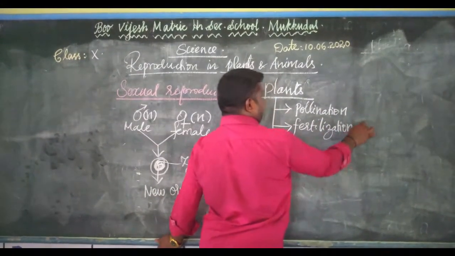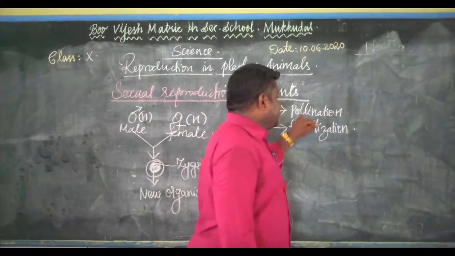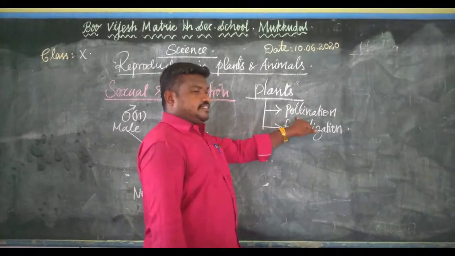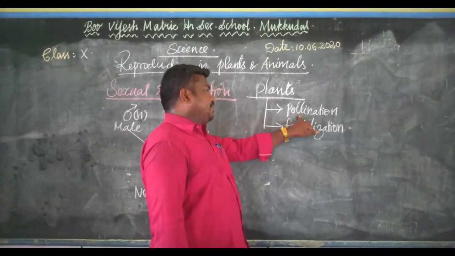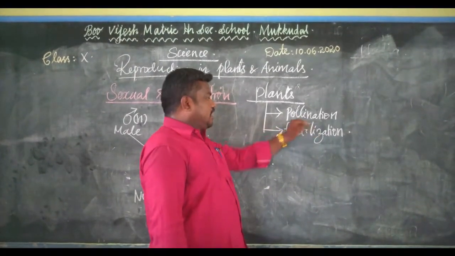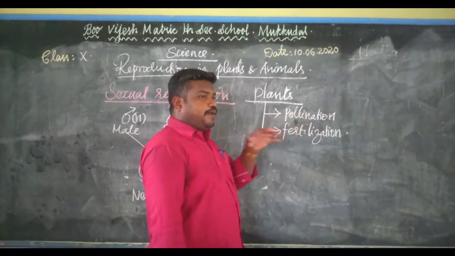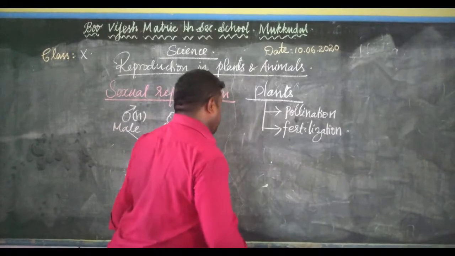In plants, the first event is known as pollination. Okay, then the second event is fertilization. So what is meant by pollination first? The pollination means